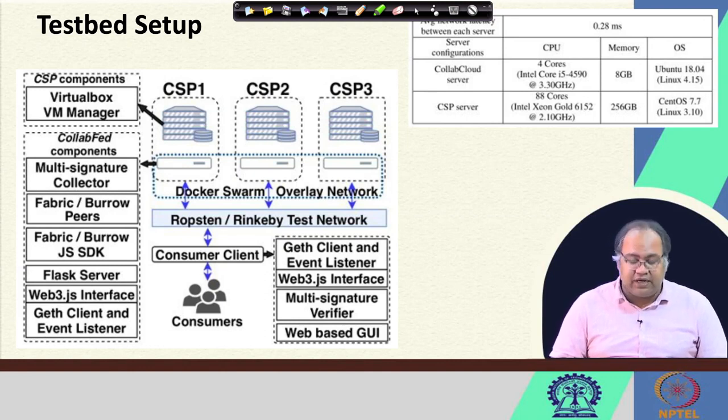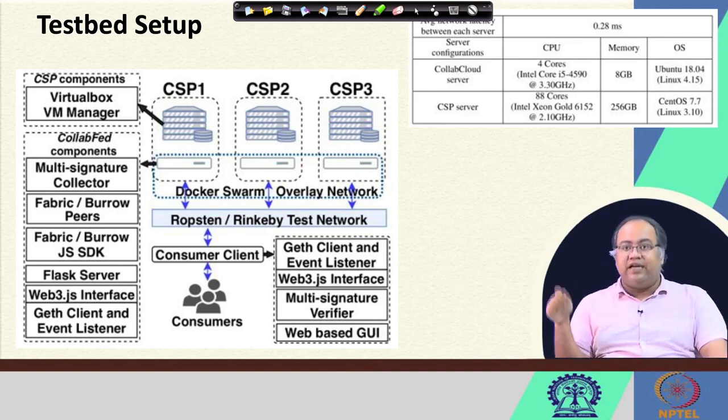The interface was implemented using Web3.js. We also implemented a multi-signature verifier and provided a web-based GUI through which the consumer can submit the request, and then the cloud service providers run this fair scheduling algorithm in a decentralized way to come up with a final solution and send it back to the consumer.